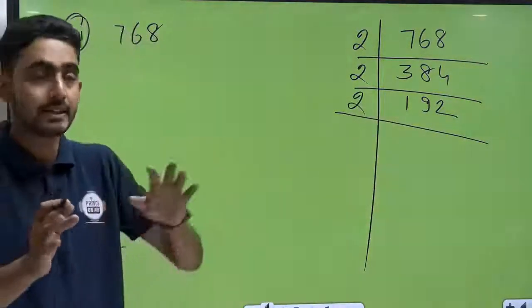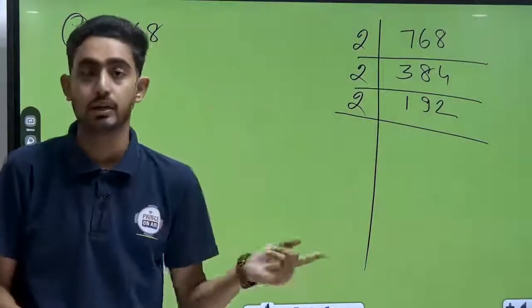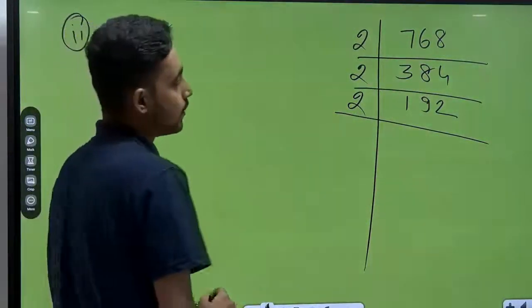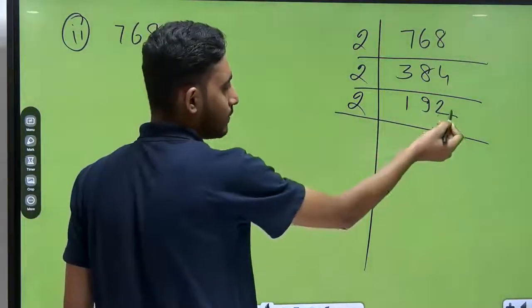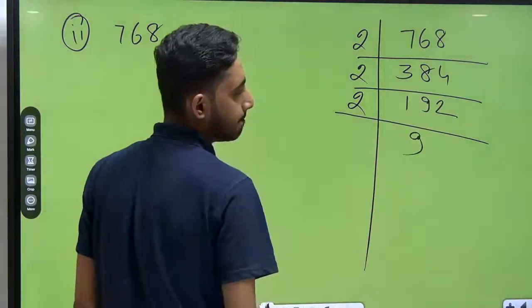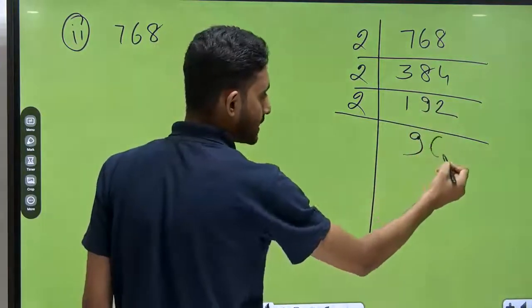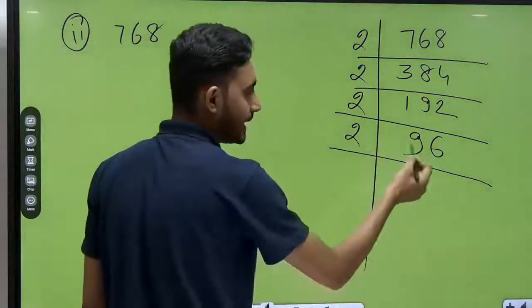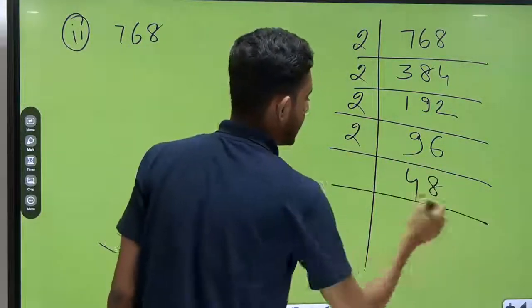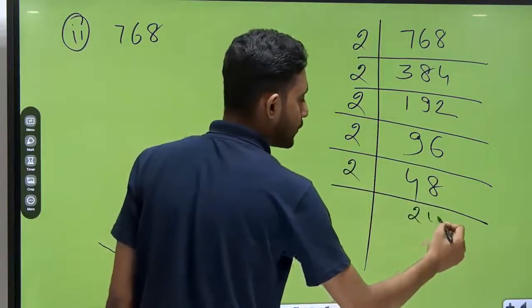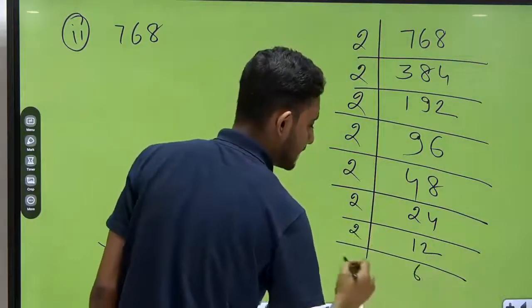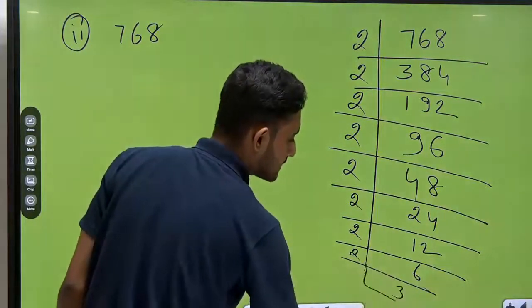Students, listen carefully. This question I am doing, the whole process is the same. If you understand only one question, suppose you missed your first question, no issue, just observe here only, okay? Observe this process. Dhananjay, see here. Now these two we will divide again, 192 like this. 2 nines are 18, 1 carry 12. So we can say 2 sixes are 12. Again this is 2. 2 fours are 8. 2 fours are 8, 1 carry 16. 2 eights are 16. Next again 2. This is we can say 24. Next again 2, 12. Again 6. Again 3, and last 3.